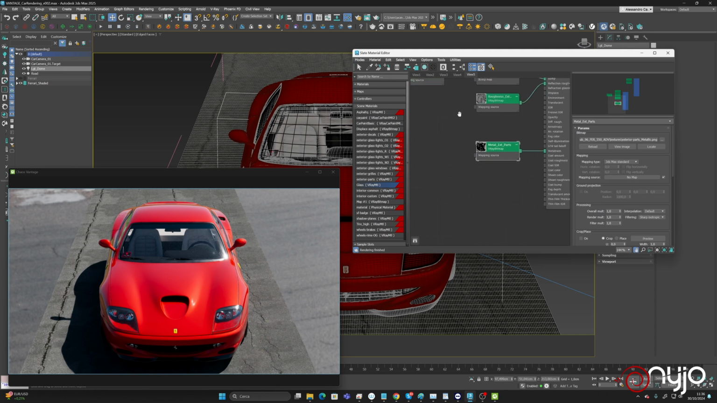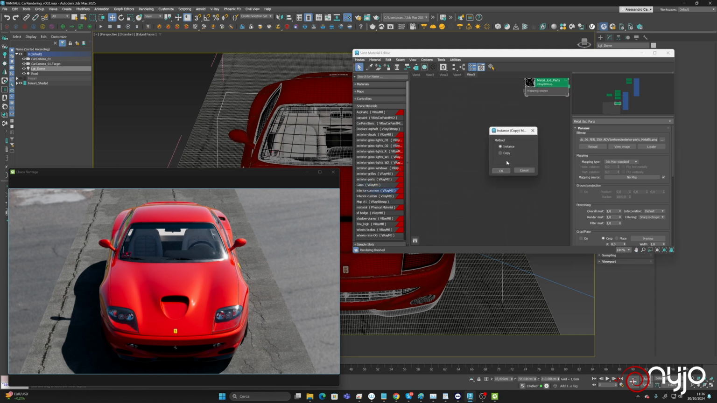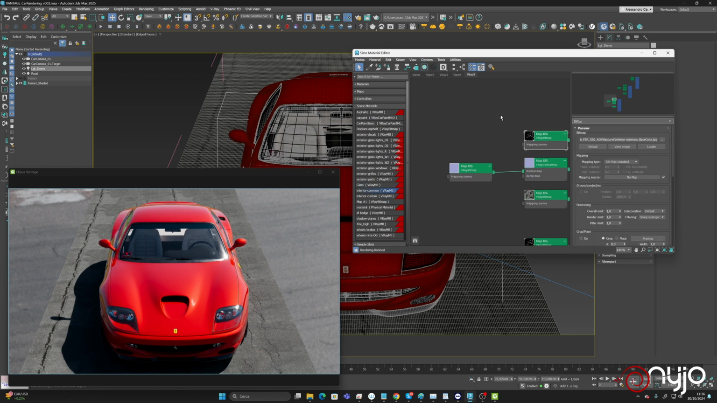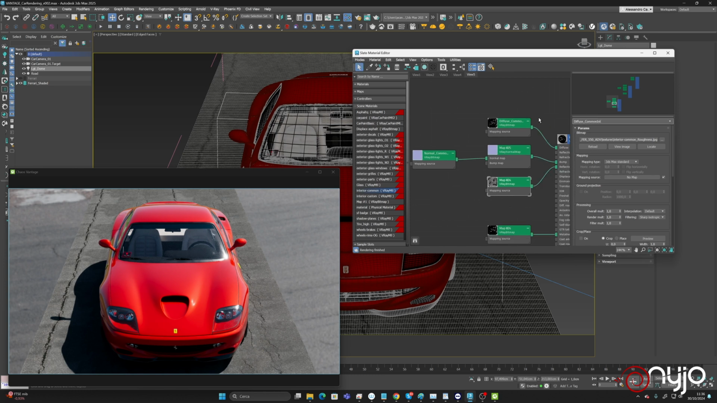Then we have a glass, it's not a problem. Let's go to use a common interior, and we do the same. So diffuse common int. So we know that we are talking about the common interior, and here we do the same, and this one is a normal, this one is the roughness, and this one is the metal. Okay,